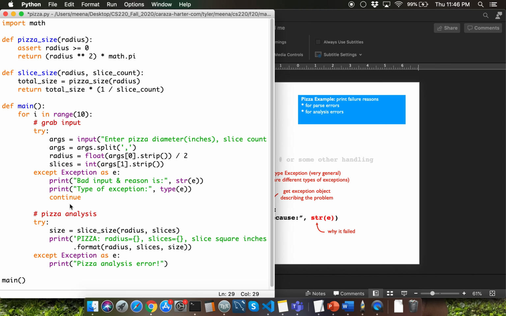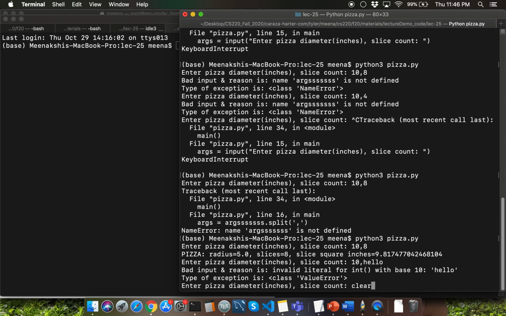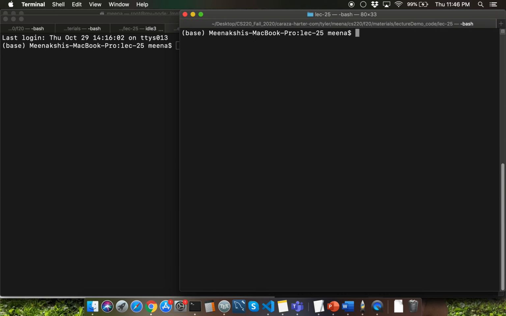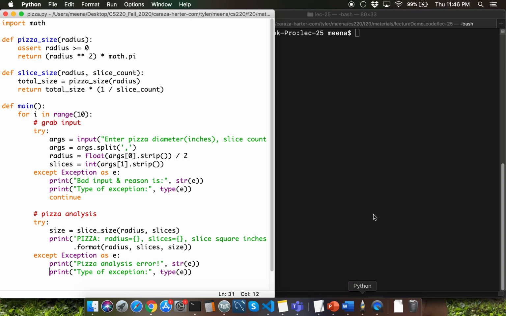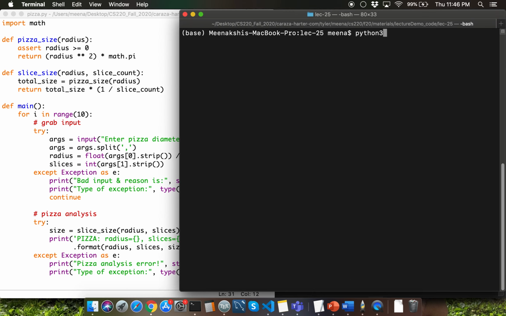And let's go through a few example invocations. Give me just a second to update the error message, and I'm going to copy paste the other type print function call because that's going to be common for both of the except blocks. Alright, let me go ahead and kill the previous version of the program, clear my screen, and run pizza.py one more time. Let's try out a few erroneous inputs.